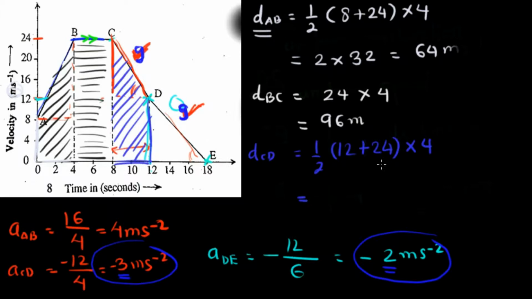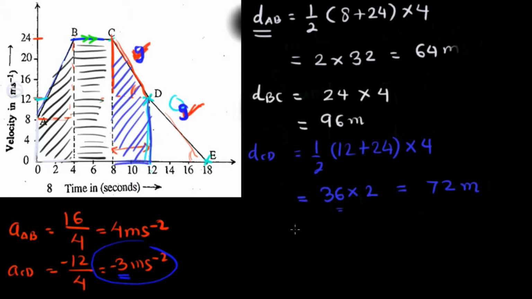So it turns out 36 times 2, and that comes out to be 72 meters. Let me recheck my mathematics. That's 12 plus 24, it comes out 36 times 2, that's fine. 72 meters. I need more space to calculate the other distance, so let me just make more space. Poor acceleration guy, it went out for nothing, right? Anyways,